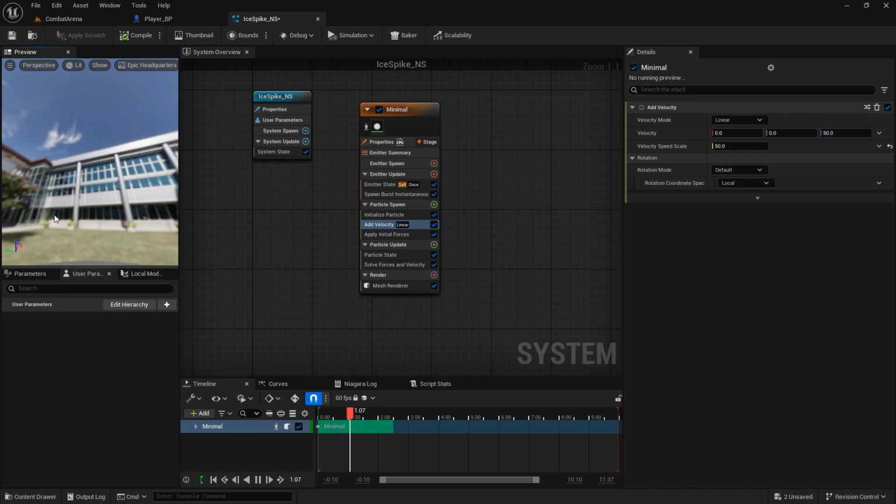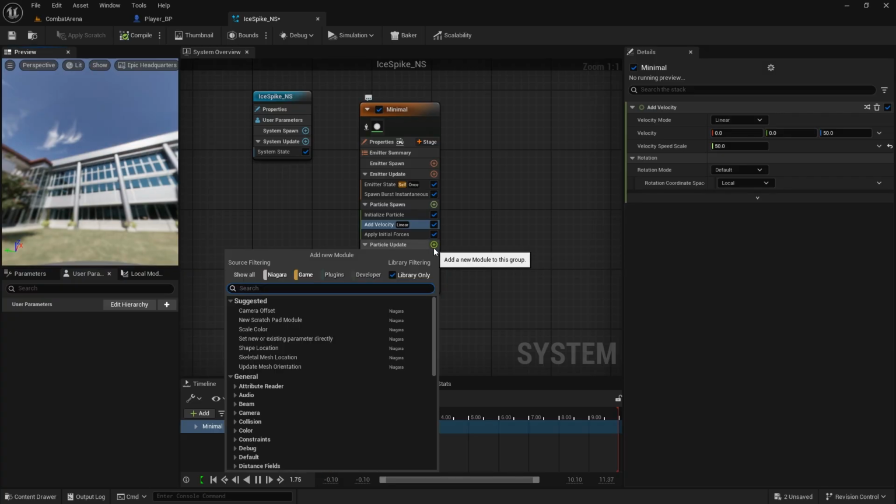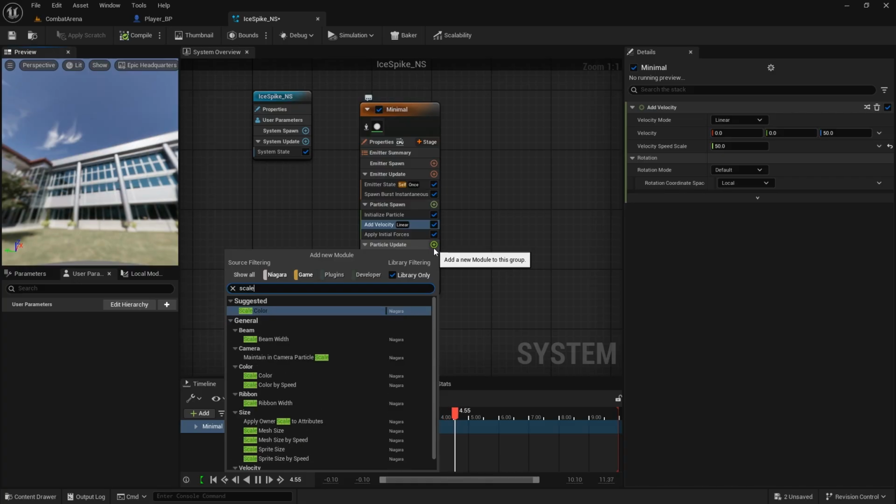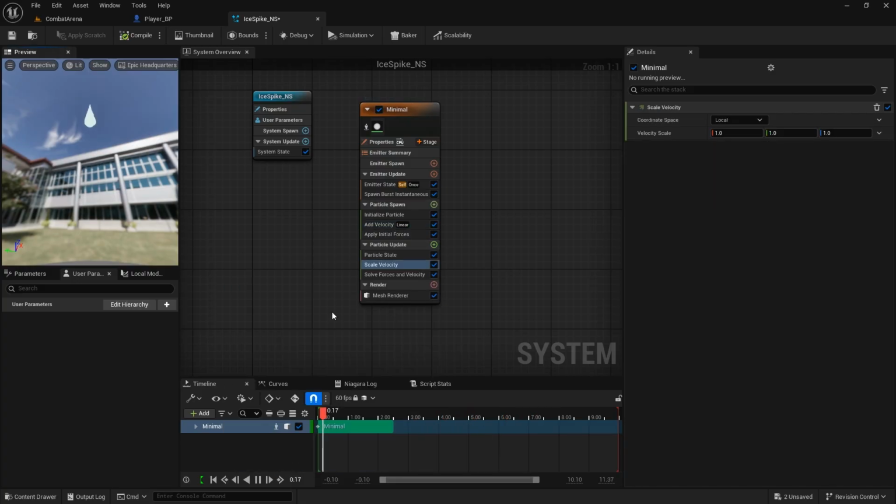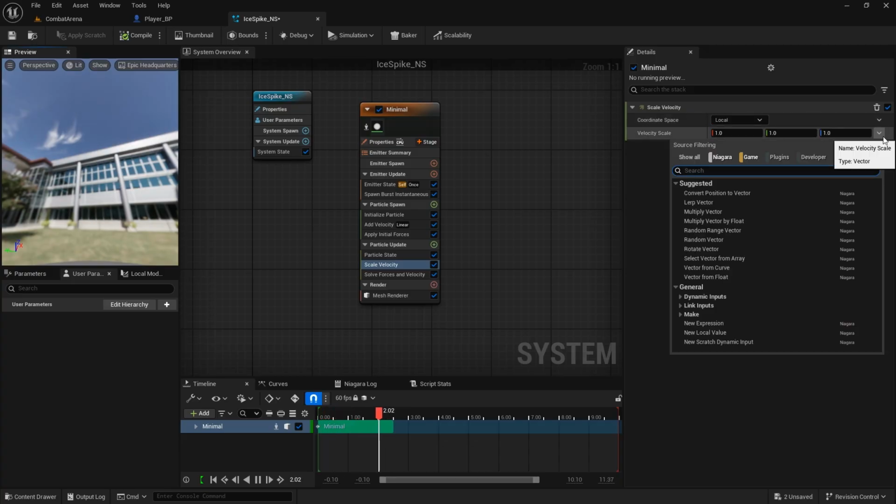And what we pretty much want to do, we only want to have a few milliseconds when it's moving and then stop it. And to actually stop it, we're going to go to particle update and do scale velocity. There are multiple ways you can actually do it, so the spike would move just a certain amount, but most of the solutions involve the scratch pad, which is kind of like blueprints when you do your own calculations and stuff, and I think this is just way easier to do it like this. So we're going to add the scale velocity, and then here I'm going to change this to curve,